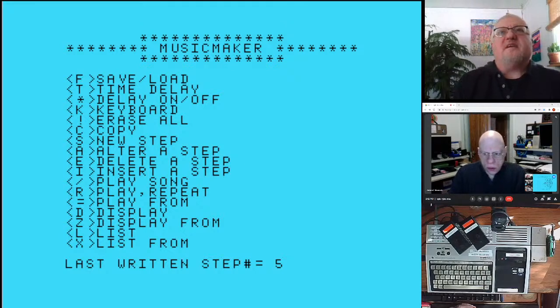Now, I don't think there's any docs on the disk that tell you how to use this. So anyway, at the bottom of the screen, we have last written step equals number 5. So let's listen to what this says. We'll press the